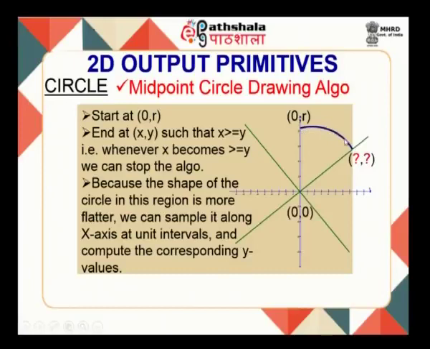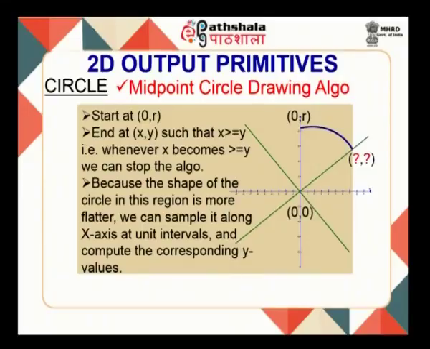As you keep moving down, x is increasing while y is decreasing. For these points, you see these are all negative slopes. So, in this octant, when we keep moving from left to right, x increases while y decreases. So, that means, if you observe this octant, the slope of the circle is actually inclined more